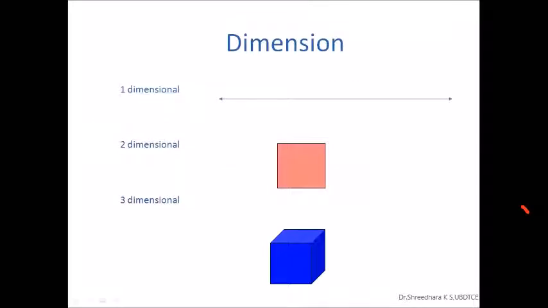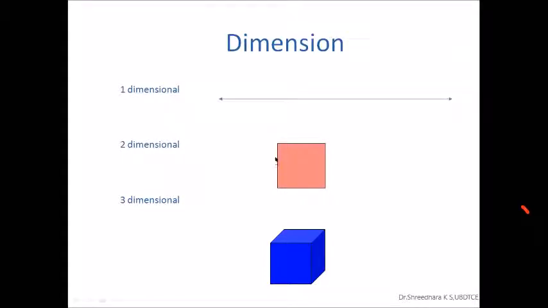Now, before going to that, I'll ask one or two questions for your curiosity. What is the dimension of the first picture? If somebody asks this question, you'll say it is a one-dimensional picture. The reason is you can measure only one measurement out of it, that is maybe the length. If you want to say two-dimensional, then it requires two pieces of information: one is length and another one is breadth.